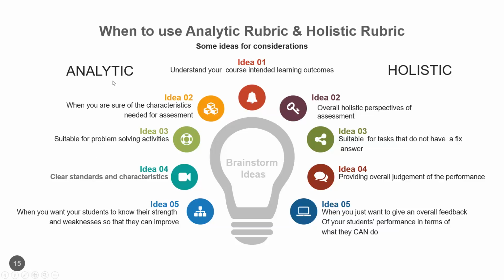And the best part of using analytic, I wouldn't say best. Analytic and holistic are both very good. But when you're using analytic, a 5 means they are able to not just explain, but explain in relation to the theory and connect it to their own context. A 3 is when they are able to explain. A 1 is they can only explain a bit, and some of the explanations are not correct, maybe there's a misconception.